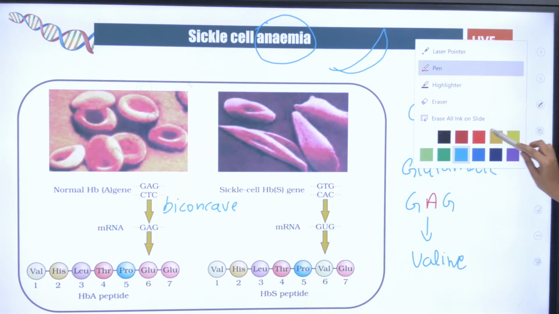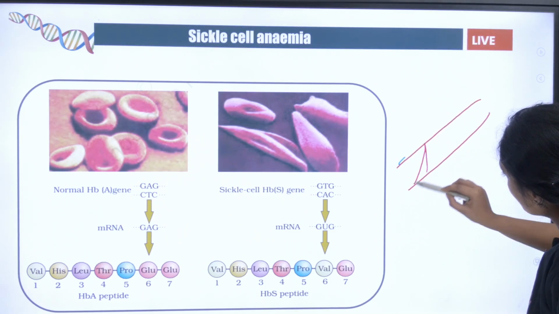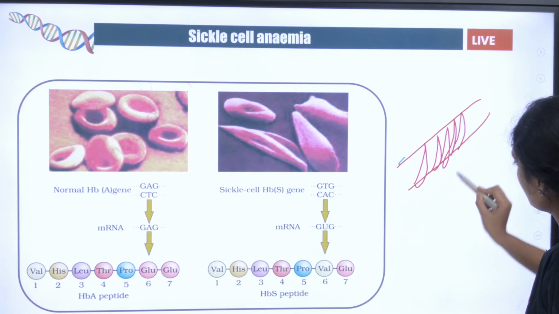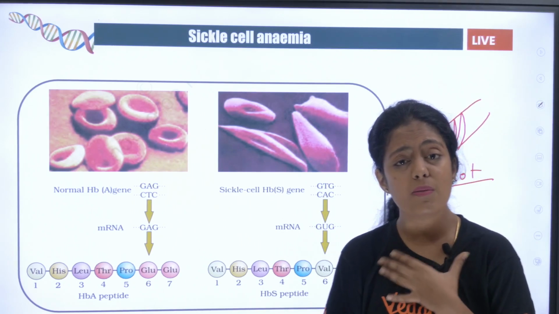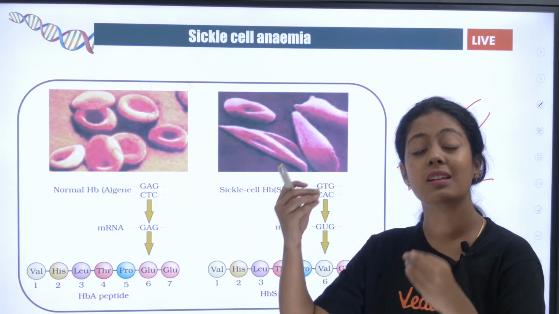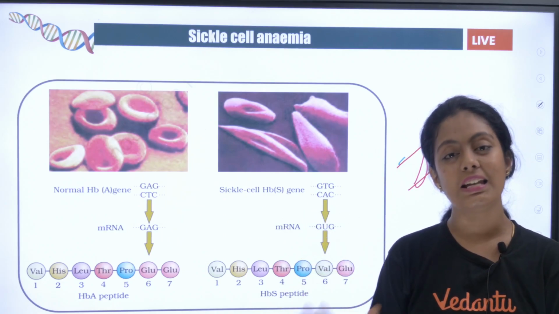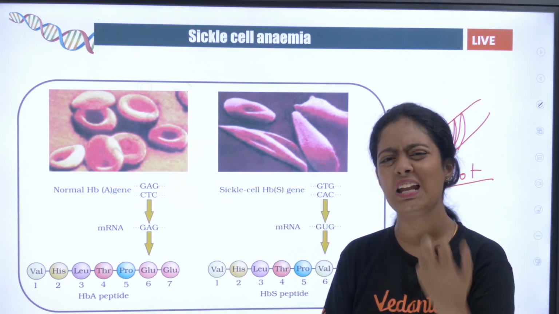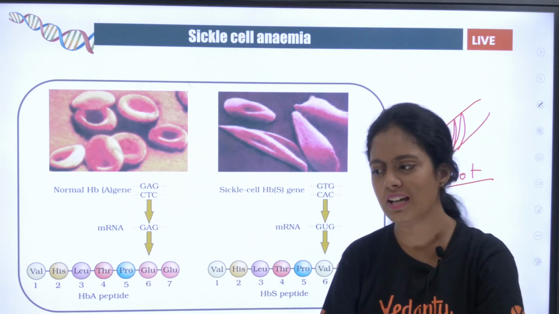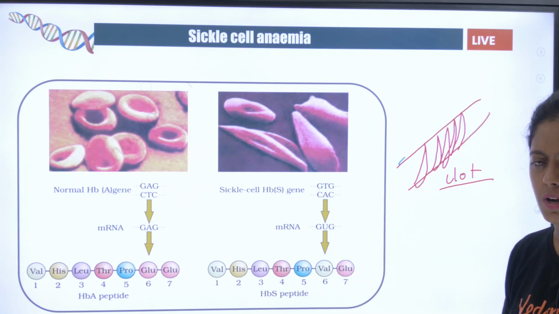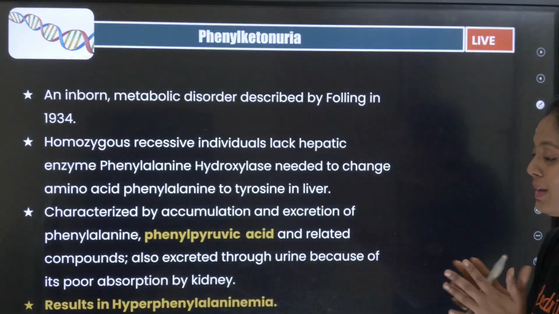Besides this, imagine this is your blood vessel. The sickle shaped RBCs will accumulate in the blood vessel and cause a clot. It can result in heart disease, congestive heart failure, and can lead to such conditions. So it is a very, very severe kind of disease, your sickle cell anemia. Do you understand, students? Sickle cell anemia is an important 5 mark question, you can easily write it using the points I said and the pattern of inheritance. This is very, very important. I have included it in the important diagrams too. It can be asked as an application based question.